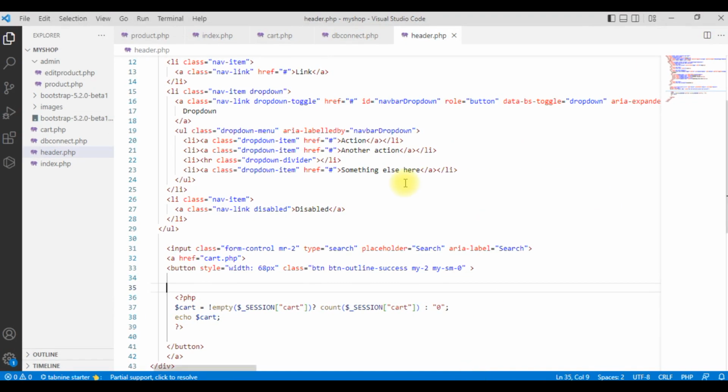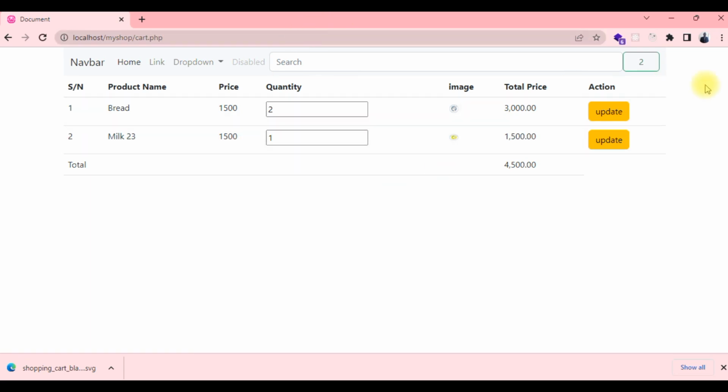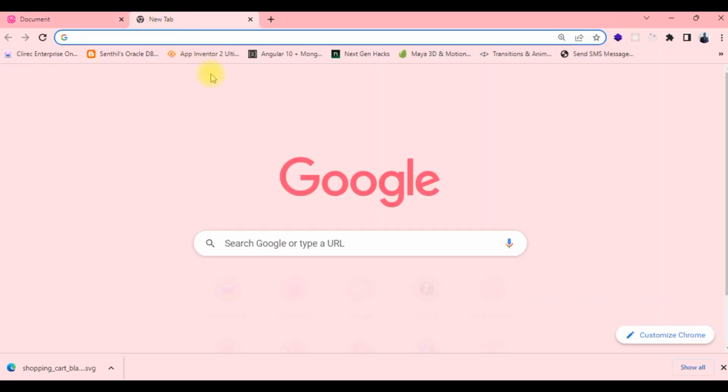Yesterday we were trying to manipulate things by destroying the session by ourselves, because we don't have any session or any button to empty the cart. So how do we go about this? The first thing we are going to do is that here is our cart. We want this one that is showing the number of cards. I think here we need an icon to show the cart icon. So therefore we are going to go to